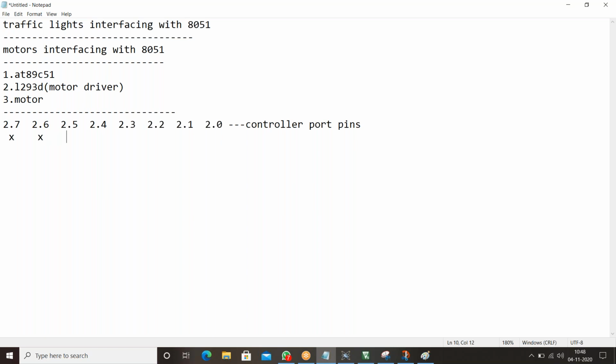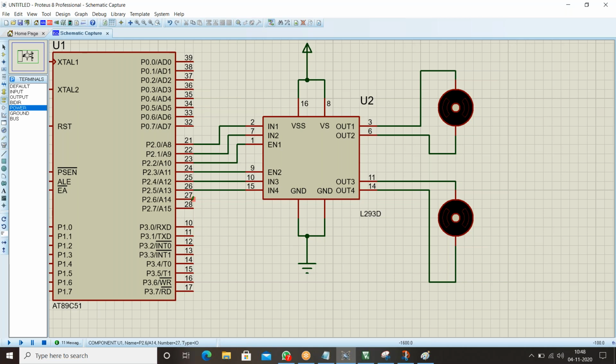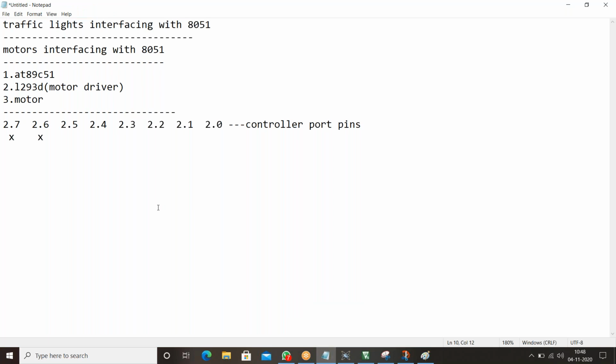From here, if you observe, pin numbers 2.5 and 2.4 are connected to input 4 and input 3, and the enable.